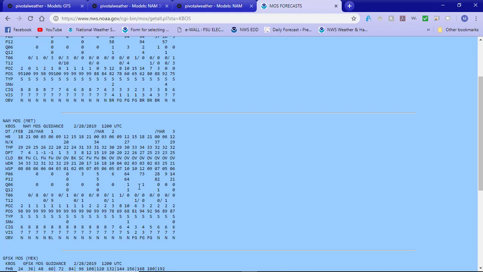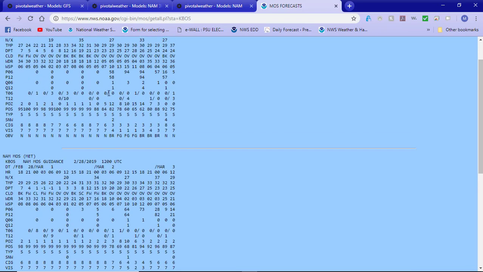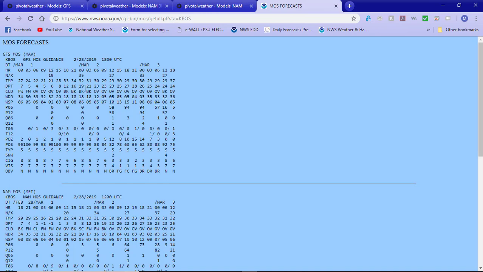So we can say about 2 to 4 inches for Boston if we believe the NAM. And I'm a little bit more inclined to believe the NAM just because it's a little bit more accurate and a little bit more reliable 48 hours out than the GFS. The GFS handles